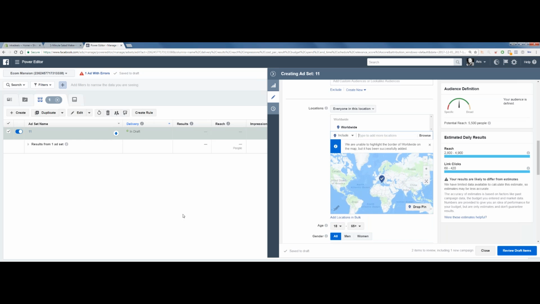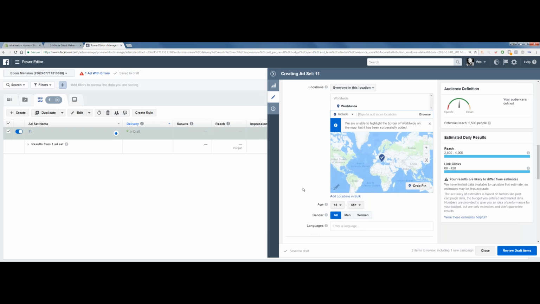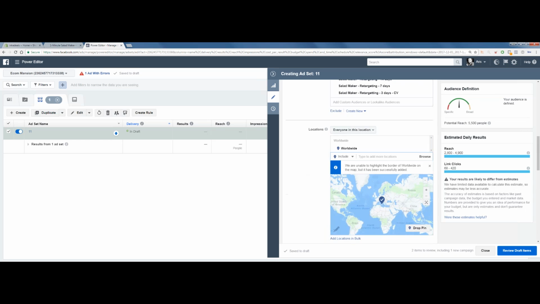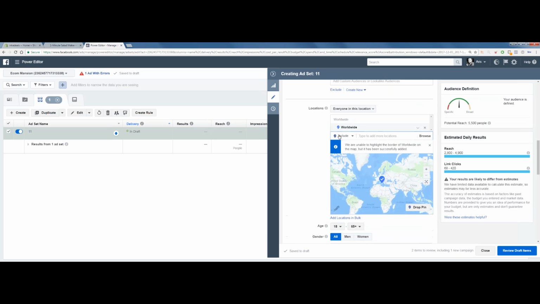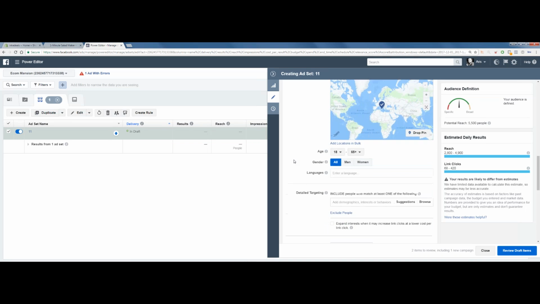I'm not sure what this campaign that they're targeting is. I think it might have been US, but whatever. Assuming the traffic that we were getting on this page from our campaigns is worldwide, we want to set worldwide. Now, let me see what else here.